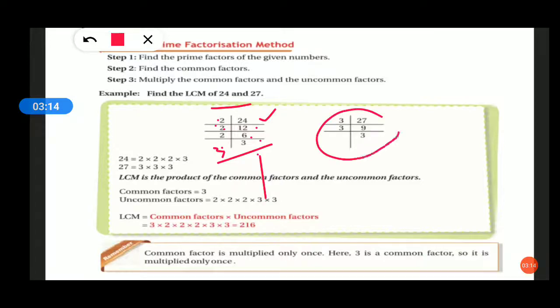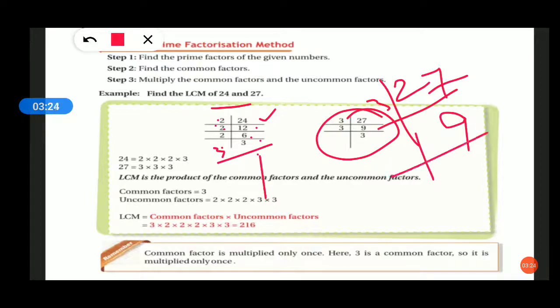Okay. The same way for 27. For 27, check for the least prime number in the 2 table, whether 27 will go. It will not go. So then check for the next number. In the 3 table it will go. 3 nines are 27. Again check for the 2 table. Will it go in 9? No, it will not go. Again 3, 3 threes are 9. So 3 again, then 1. Okay. If they are not putting it here, no problem. Till 1 comes you can solve it.